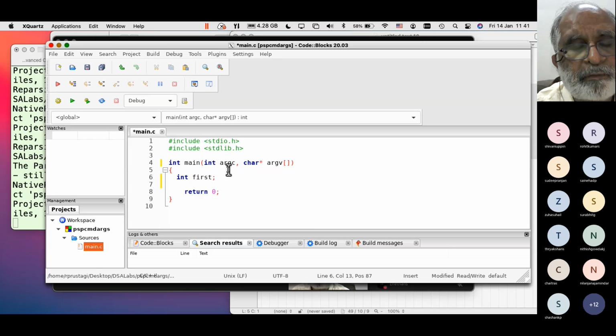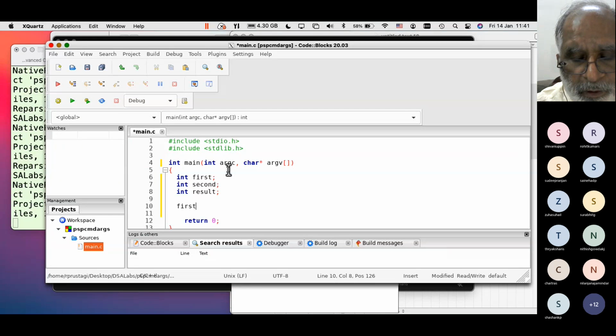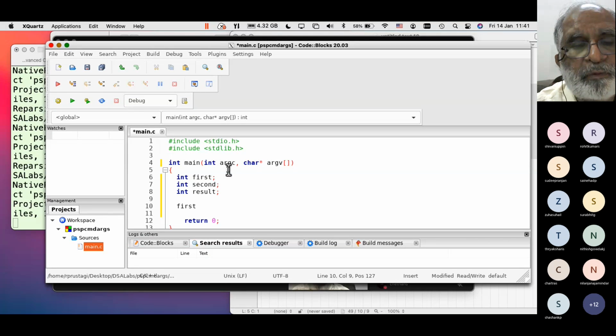int second, int result, and I get the first argument. first is equal to, since it's an alphabetic parameter string, convert into integers.